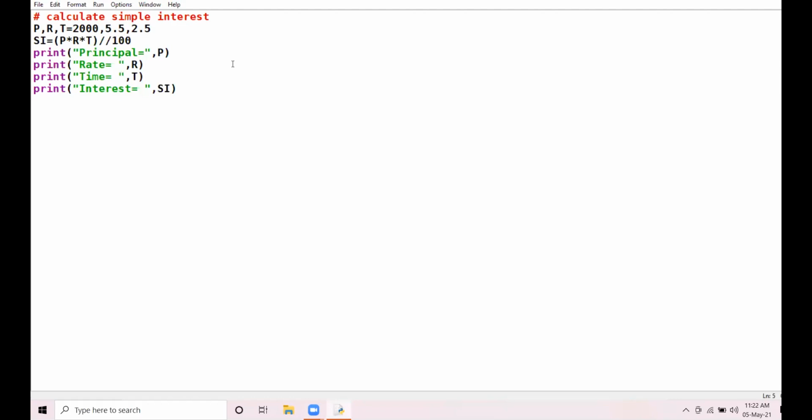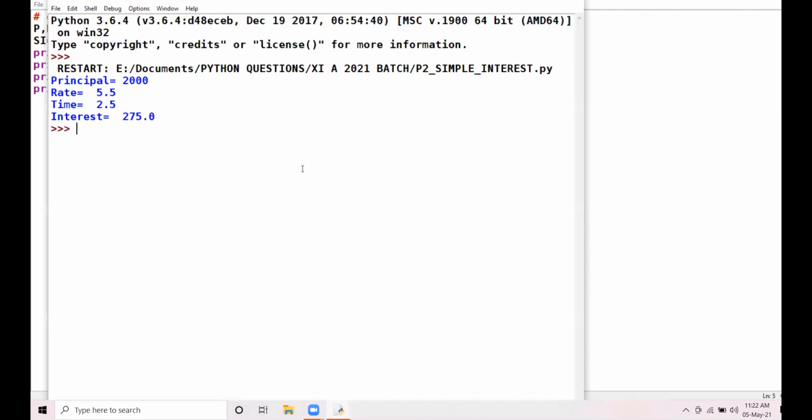Am I clear to all of you? Am I clear with the concept of multiple assignment? See the answer. No change in the output.